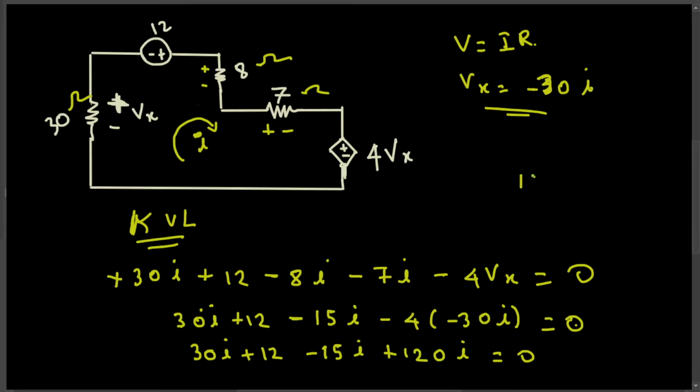So 135i is equivalent to minus 12. Okay, so 135i is equal to minus 12, then I is going to be what? I is,